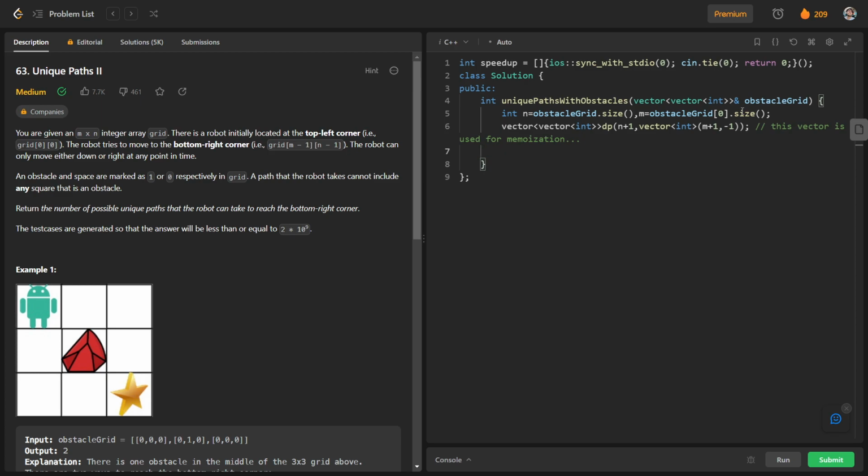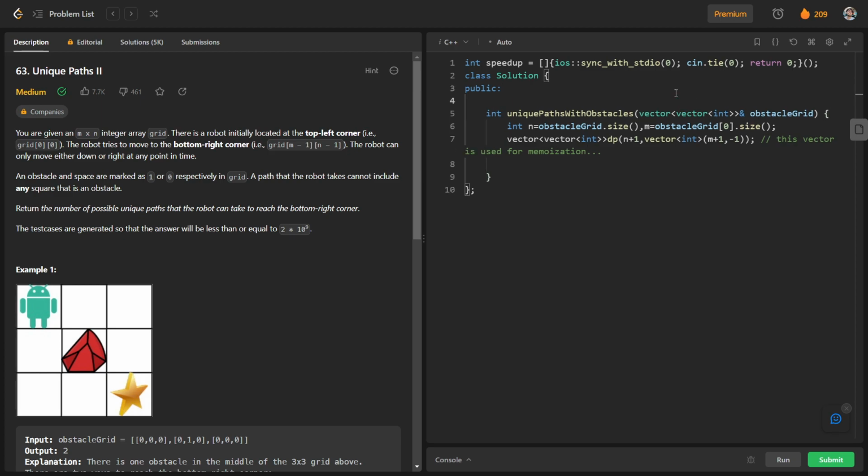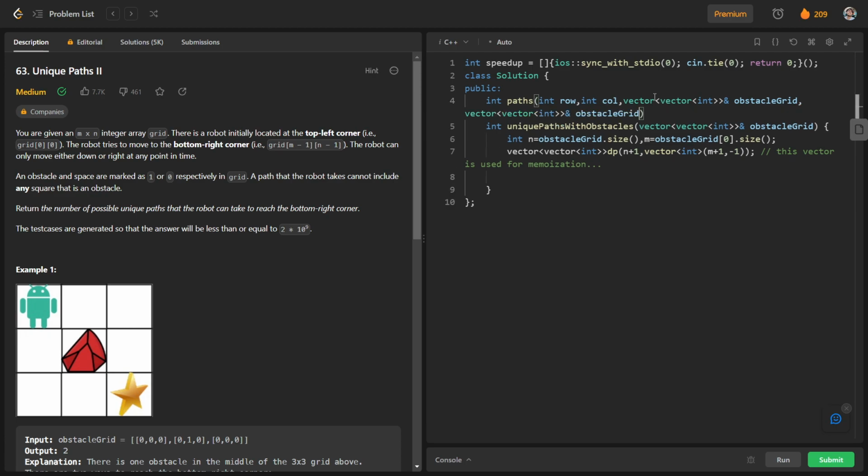Okay, and what we will do, we will have a recursive function of type int. So this function will find out all the possible paths corresponding to row and column. So we will pass parameters int row and column here, and we will pass the parameter obstacle grid. Again, we will pass the dp vector as a parameter.